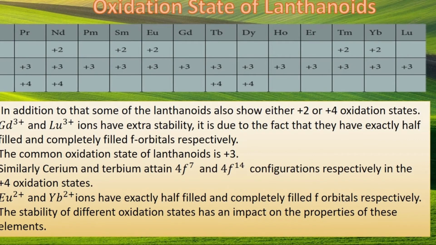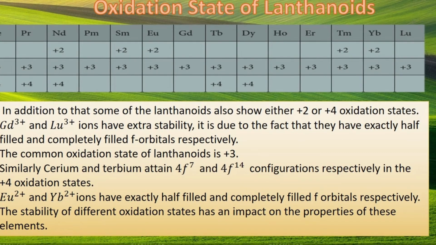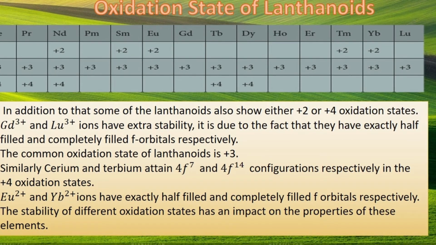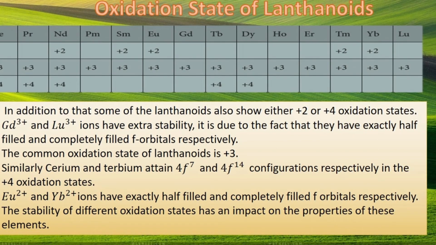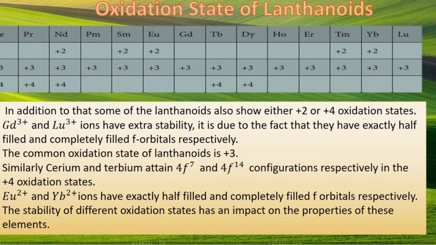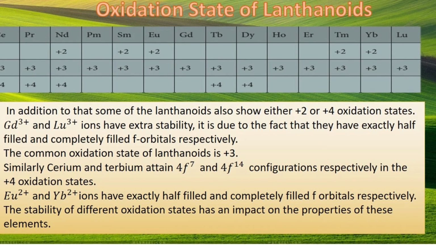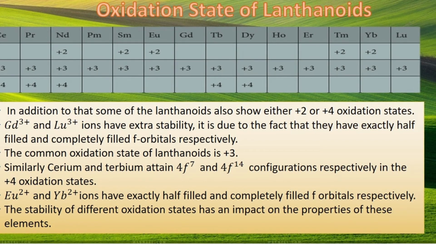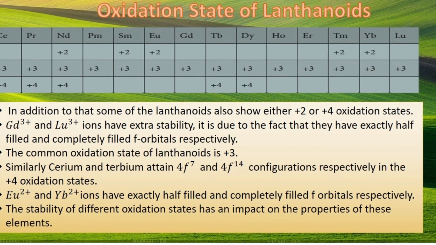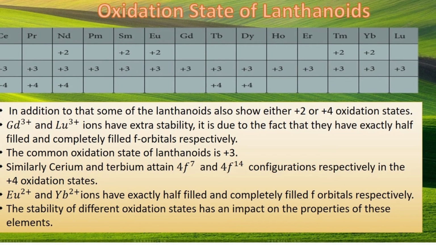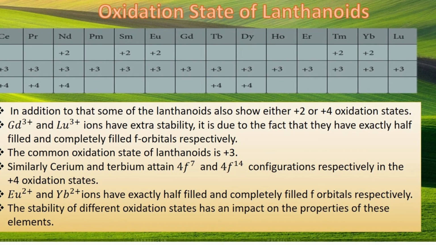Now we are going to discuss the oxidation states of lanthanoids. Among lanthanoids, +3 compounds are predominant. However, occasionally in solutions or in solid compounds, +2 and +4 ions are also obtained. In lanthanoids, the +2 and +4 oxidation states are seen only in those elements which can gain a stable configuration of 4f0, 4f7 or 4f14 by losing 2 or 4 electrons.